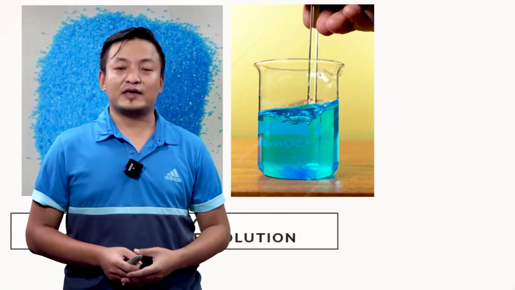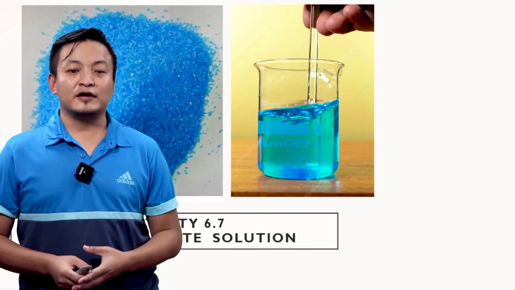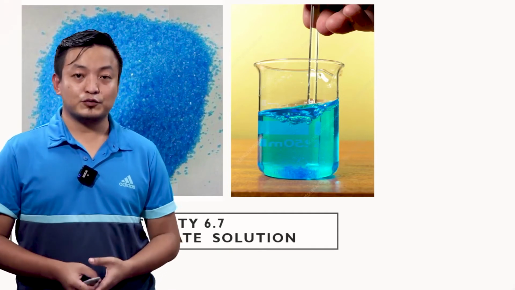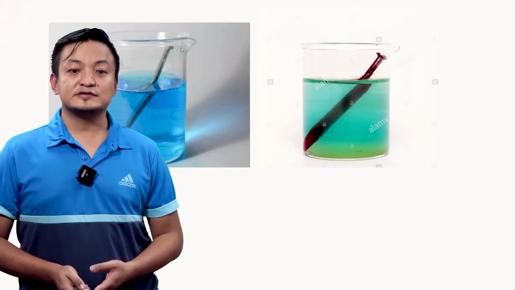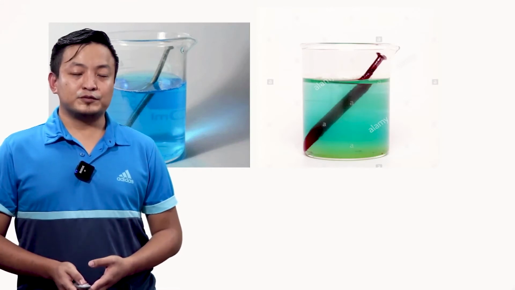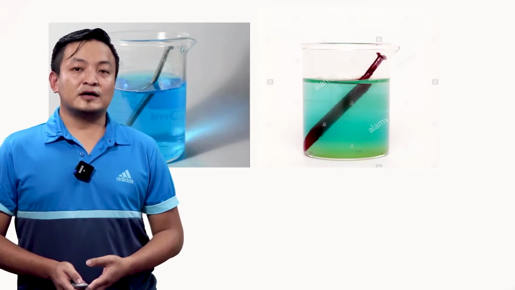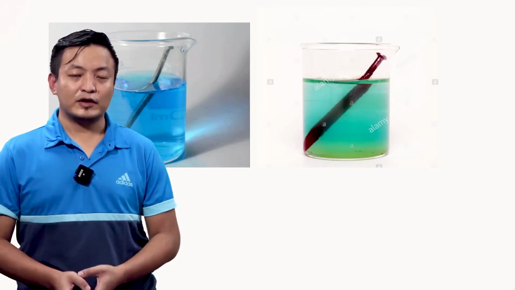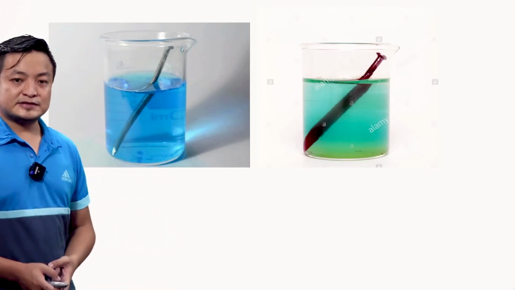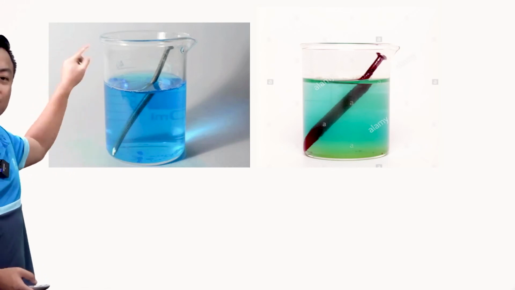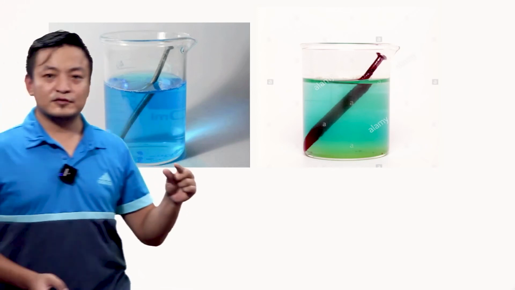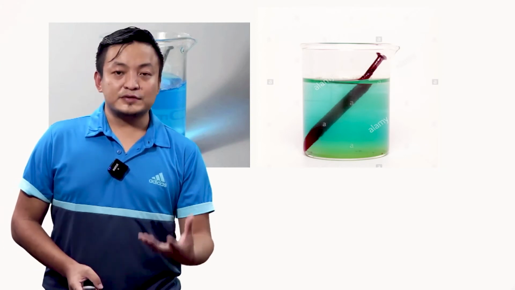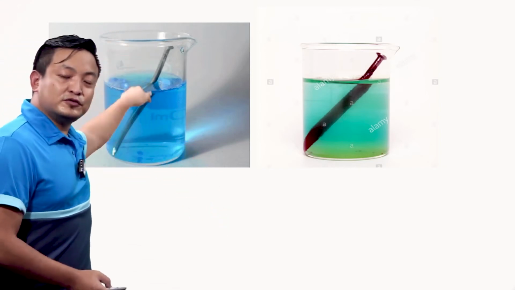Now we are going to make a solution for this. When we say solution, that means we are going to mix it with water, okay? And we will put a diluted sulfuric acid in this solution. Now students, what are we going to do? Here we are going to put an iron nail. Iron nail, we call it kujal, okay? Now we have a copper sulfate solution, right? In a copper sulfate solution, we are going to put an iron nail,